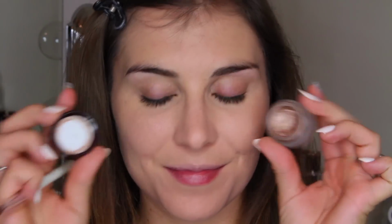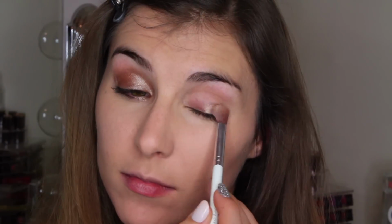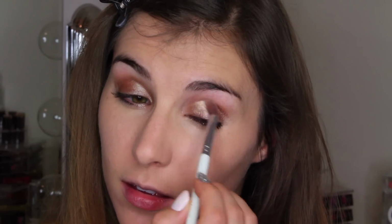So I really like this formula. It's a beautiful metallic cream shadow. Marie Antoinette in particular is the perfect, universally flattering champagne shade for the eyes. This, for the longest time for me, used to be the only one and done shadow I would ever use. As a cream formula, it applies and blends so smoothly and evenly on the eyelid. It's definitely layerable for a more metallic effect, or you can sheer it out for just a nice subtle wash